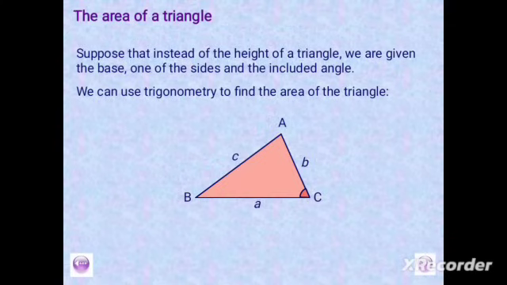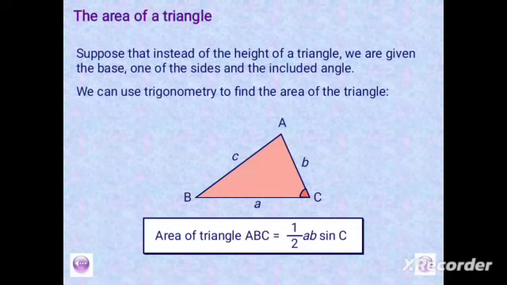Now, suppose that instead of the height of a triangle, we are given the base, one of the sides, and the included angle. Then we can use trigonometry to find the area of the triangle. You realize that we have been given the base, and we have all the sides, and we have an included angle in this triangle. So this one we cannot apply a half base height,